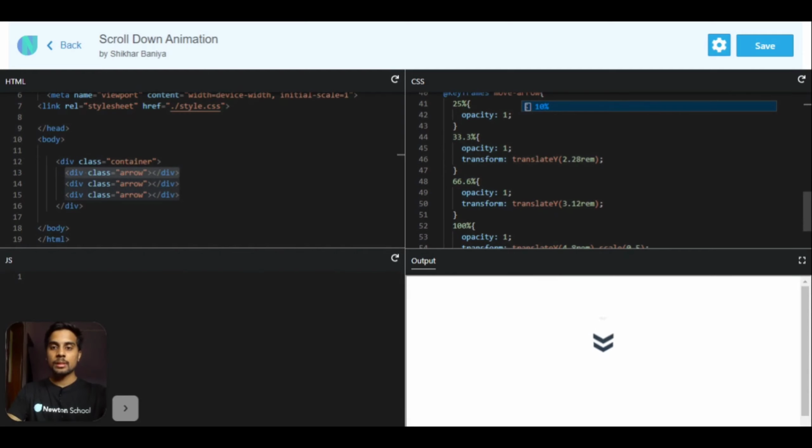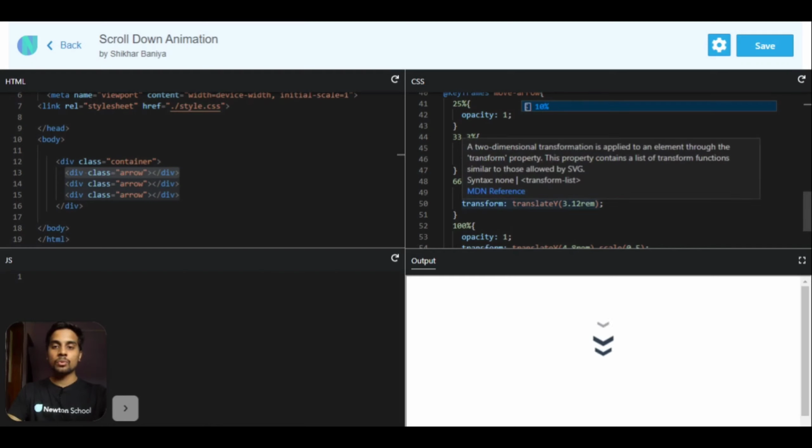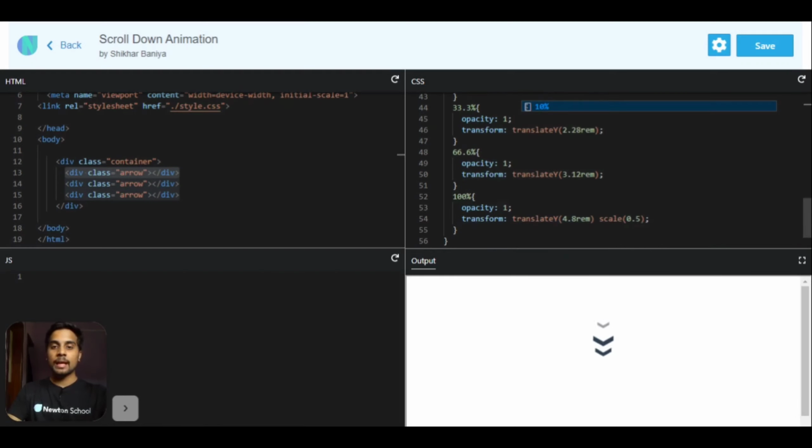Then at 66%, it is again increasing its value along y-axis, at 3.12 rem, and then at 100% its opacity is 1, but it is now scaling down. All right, so that's why we got to see this beautiful scroll down arrow animation.